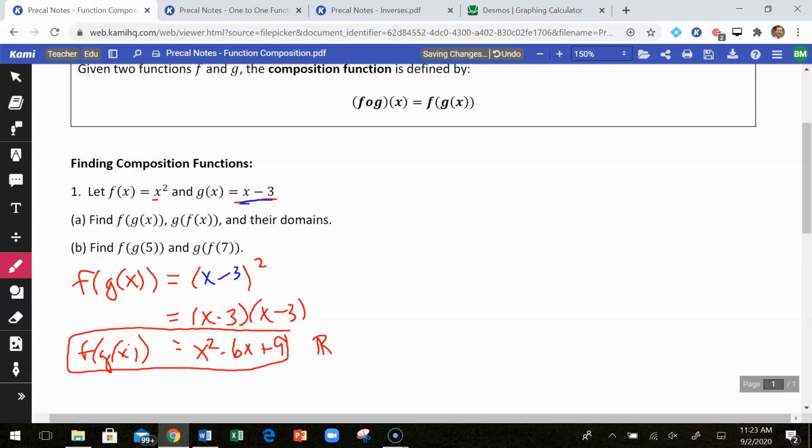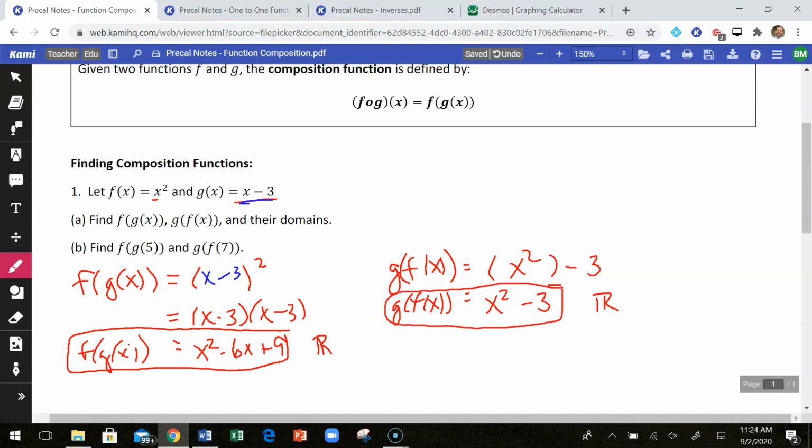Okay, and then we're going to find g of f of x. So g of f of x is to take the function g, and everywhere where there is an x in the function g, so we're doing that thing minus 3, we are going to plug in the function f, which is x squared. So that's simply just x squared minus 3. Again, it's a polynomial, so the domain is all real numbers,